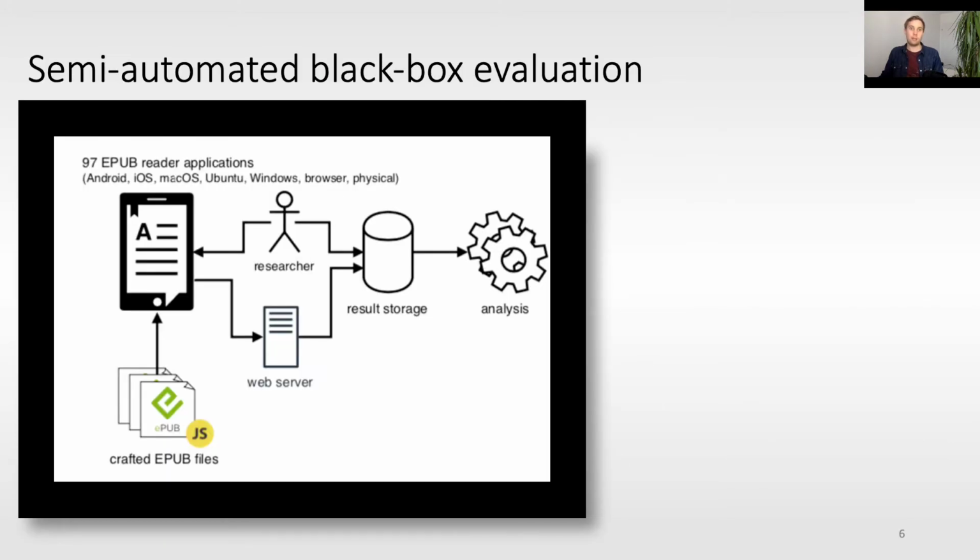To this end, we developed a semi-automated testbed which performs a black box evaluation as shown on the diagram. All crafted Epubs are embedded with experiments that probe for certain attack primitives. When loaded, these experiments would execute and instruct the Epub reading system to display the result, or, if allowed by the reading system, send the result to our local web server. The outcome is then stored for later analysis. In total, we performed 8 different experiments. I'll give a general overview of those experiments, but for more details I refer to our paper.